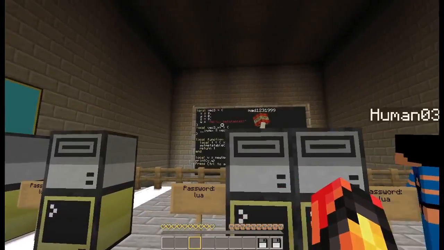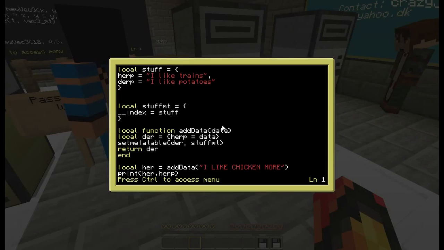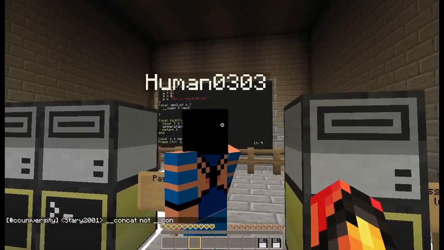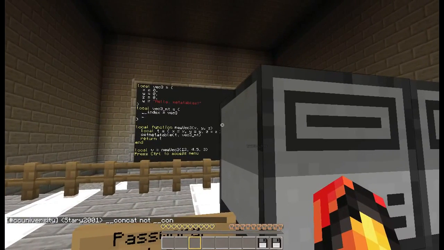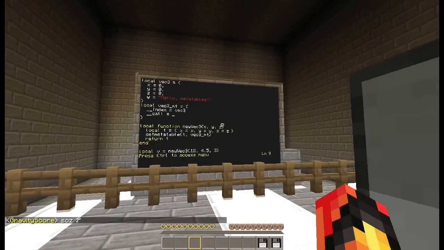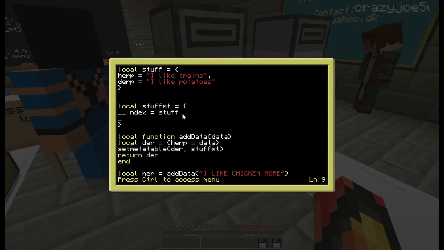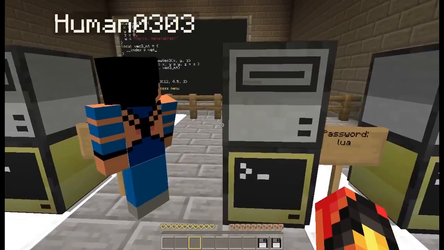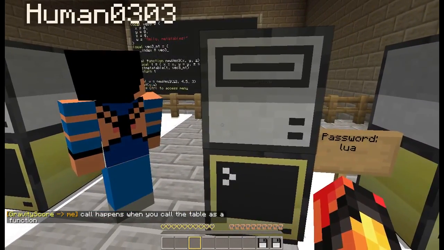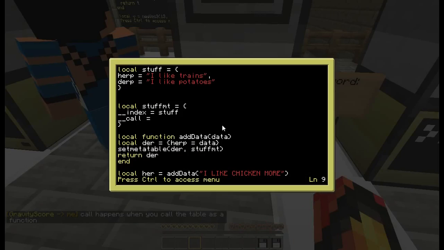So now I'm going to talk about the call variable. So now if we do it like this, underscore call is equal to a function. Wait, we can't actually initialize that variable inside of this table because we need to access this table in the function. So we have to do it outside of it. So vec3 empty dot underscore call is equal to function